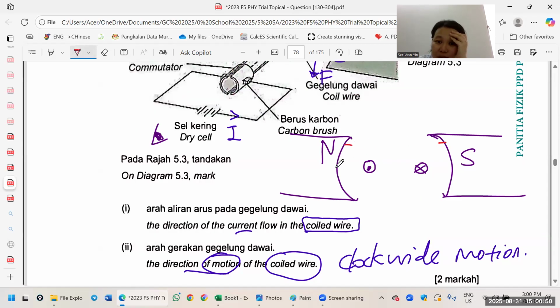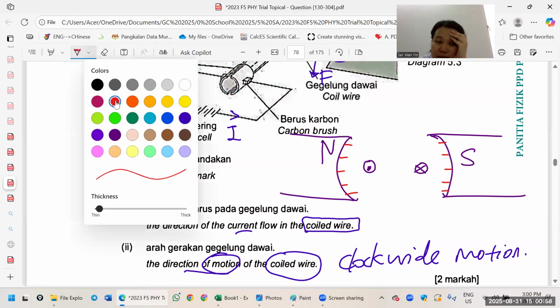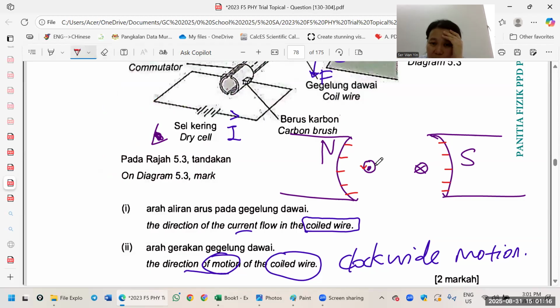1, 2, 3, fill up 4, 5. So start from here. Thank you, Qing. Clockwise, we use right-hand grip rule. Cross means clockwise, going down, going up. Dot means anti-clockwise. Okay, so you can see that going up means